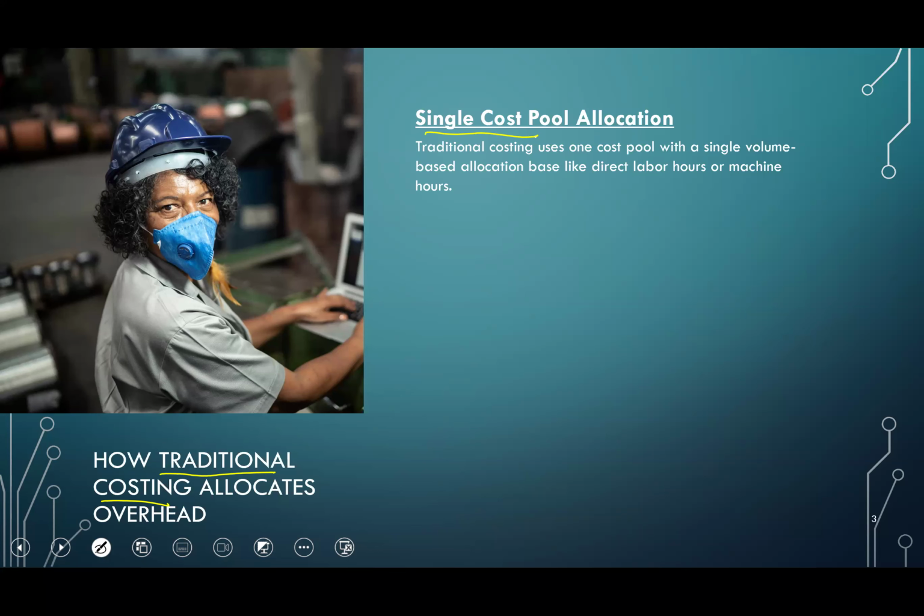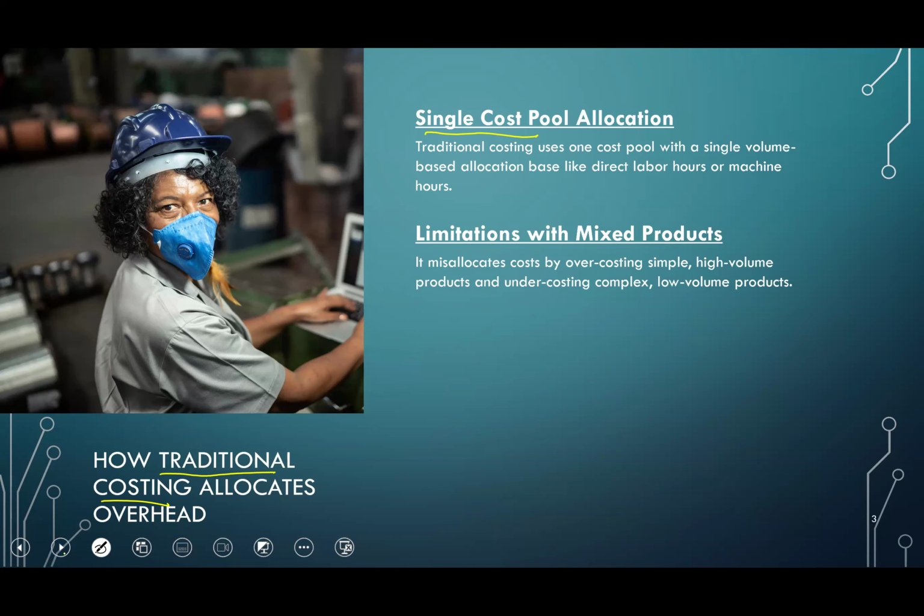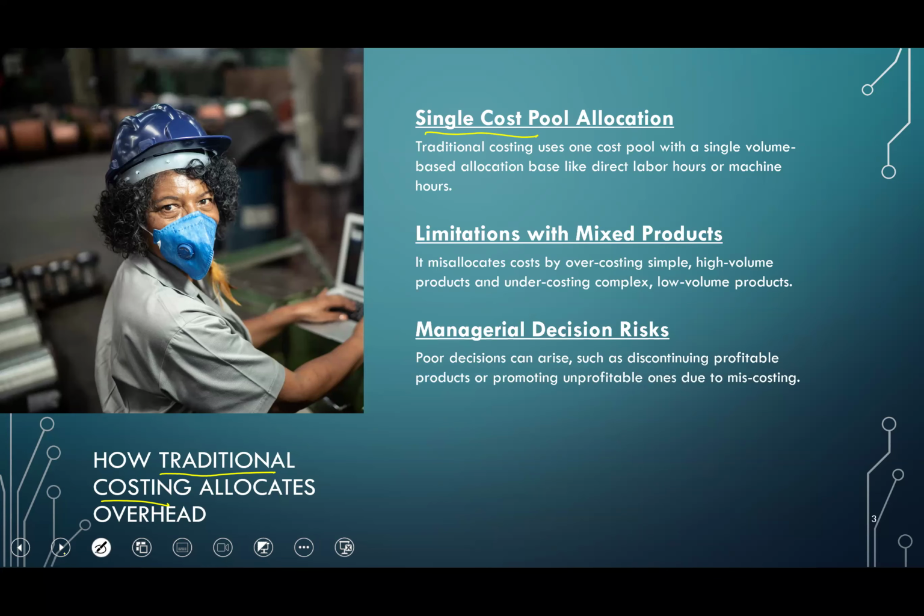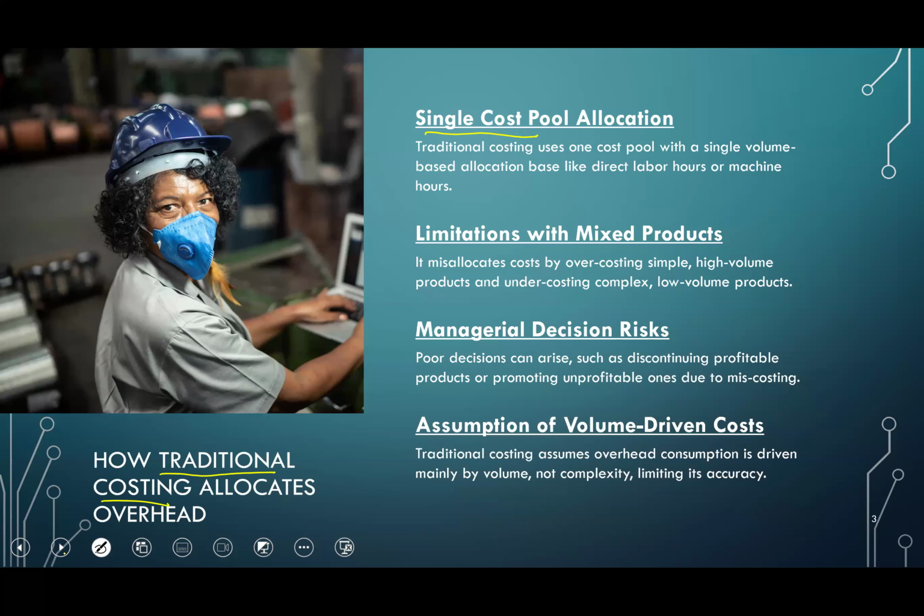Okay. It uses a single indirect cost rate to allocate cost to all the products, which may or may not be the right thing to do if a company has a variety of products, because different products consume activities at different rates, and therefore traditional costing is not a very good allocation system. The poor allocation might lead to poor managerial decisions, and basically